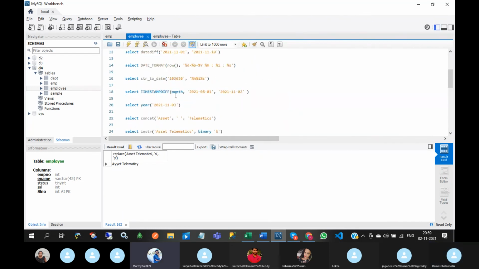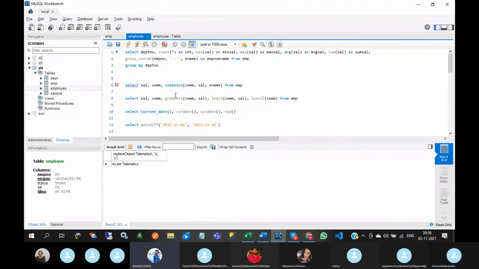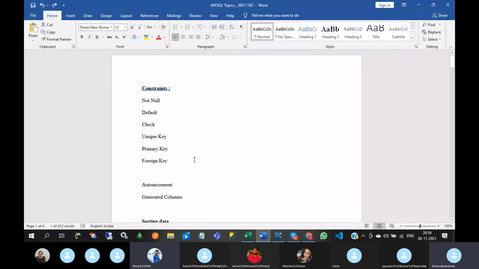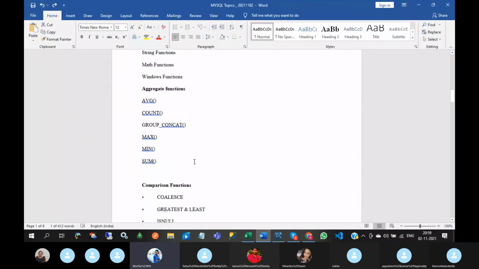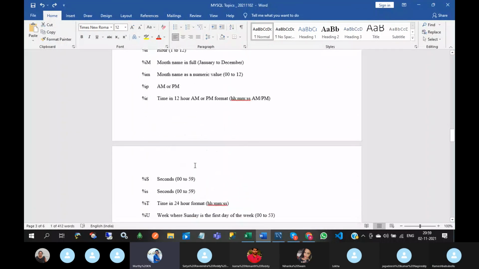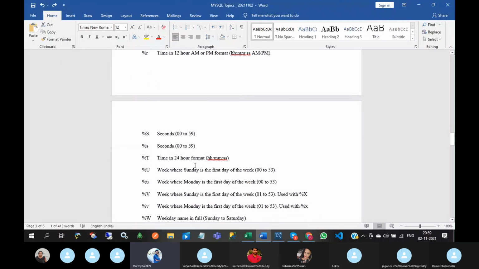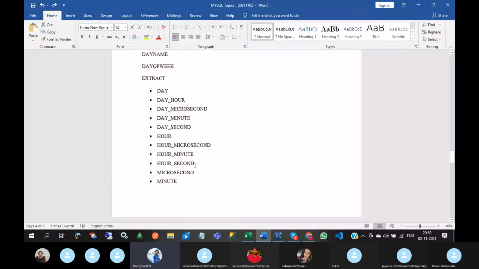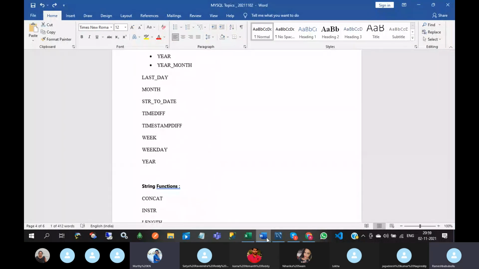We need to maintain this for all the sessions, and also share the topics. We'll try to maintain one documentation for all the queries so we can easily find them.